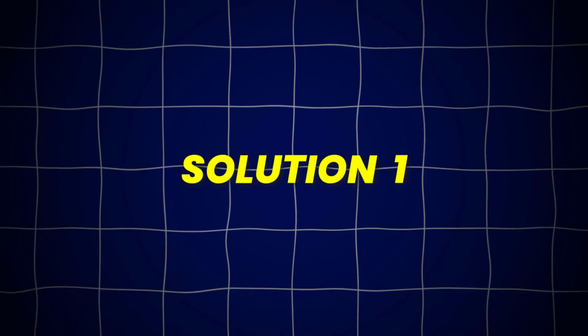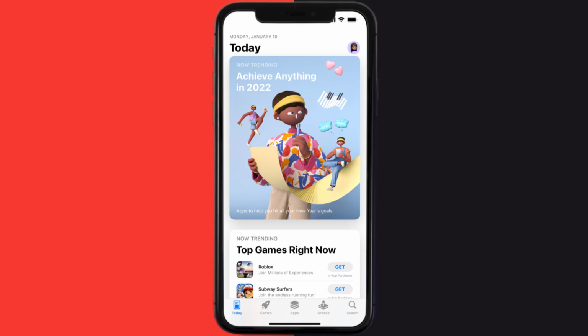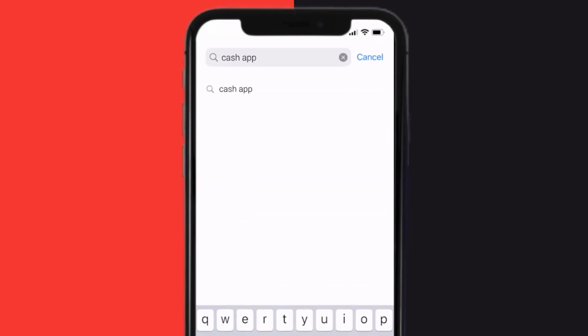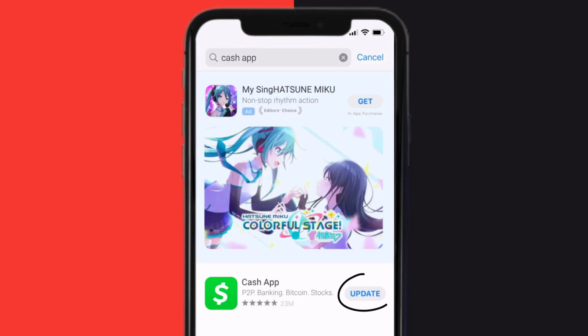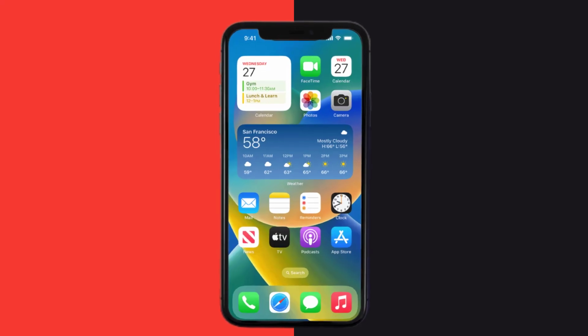up. So first of all, you need to make sure you're running the latest version of the app. Open up App Store on your device, and then tap on this search icon in the bottom right corner. Then search for the Cash App, and if you see this update button right next to the app name, simply tap on it to make sure you're running the latest version of the app. This should fix Cash App savings feature not showing up, but if it doesn't, then you need to clear App